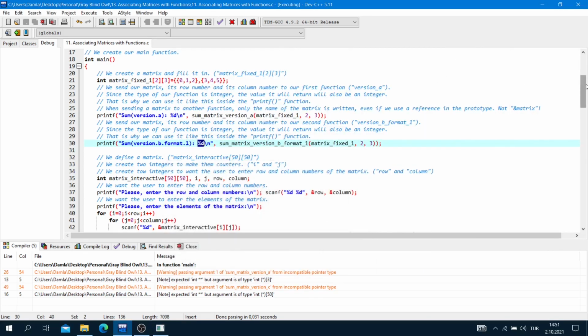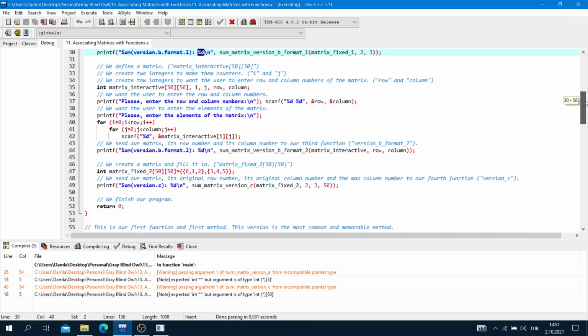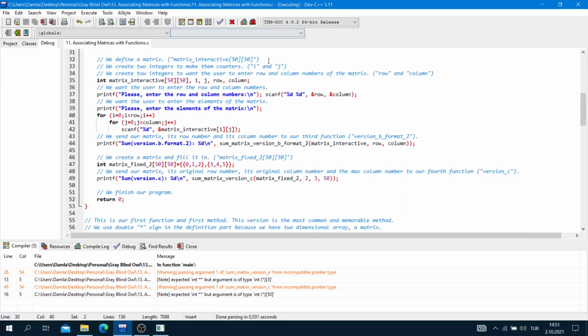Okay, now format 2. We define a matrix interactive, 50 and 50. Its limit values are 50 and 50. We create 2 integers to make them counters, i and j. We create 2 integers to want the user to enter row and column numbers of the matrix, row and column.